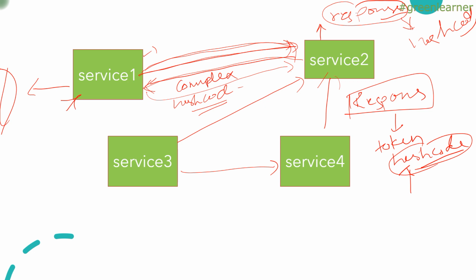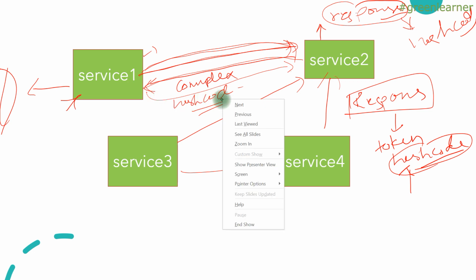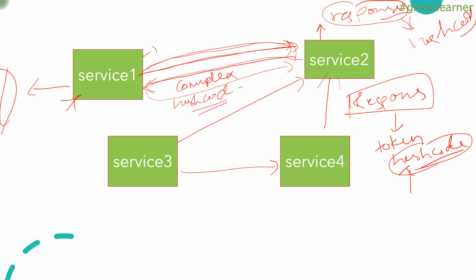Now we have two hash codes: the hash code that has come in the request and the hash code that it has generated again, right? We compare these two hash codes, and if the hash codes are the same, it means the response is the same as what it earlier sent to the client. So there is no need to send this response back to the client, right?